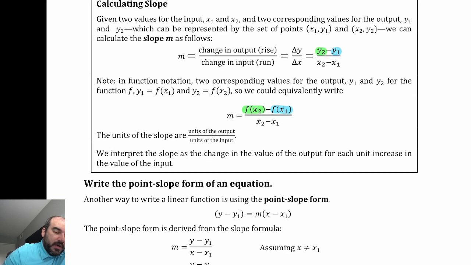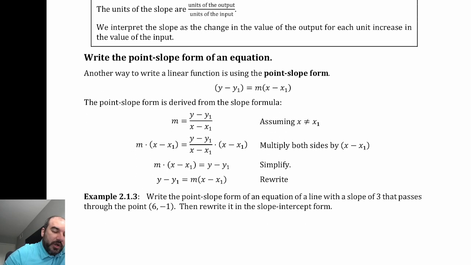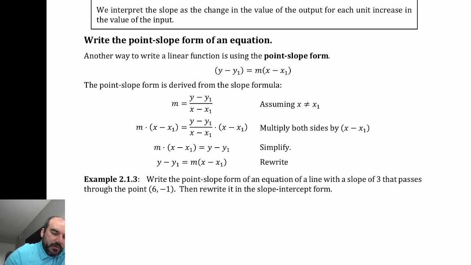All right, so the y2 minus y1 over x2 minus x1 formula is going to continue for slope. What are we doing here? We are writing the equation in point-slope form, which is given to you right here. This is what I wrote at the very beginning. And if you want to understand where it comes from, the slope equation, you just multiply both sides by this denominator, and these cancel, and you end up with the point-slope form. This form